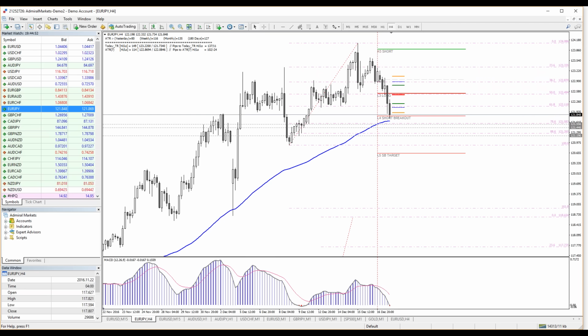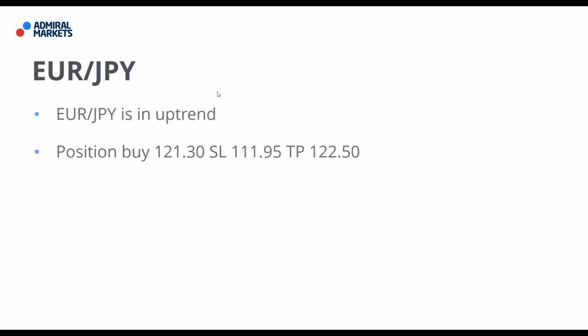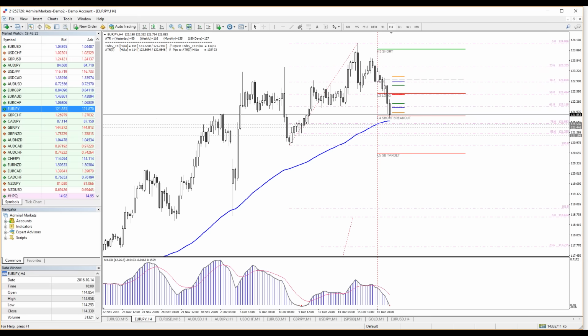Let's see. Yes, euro yen has a typo indeed. It's 121, guys. I mean, it's a typo, okay, but you know that it's 121.95. I will show you now. So, guys, this is a typo. Okay, like this. Of course, we don't use a 1,000 pips stop loss. Never, ever. Next question.